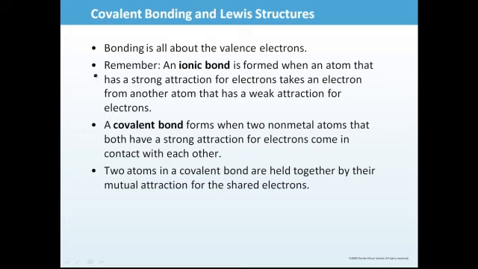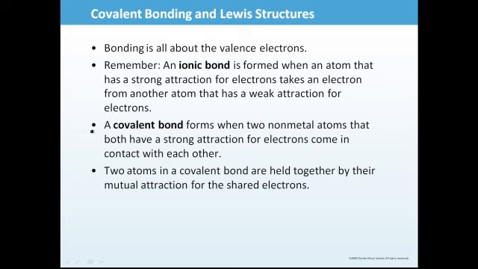In an ionic bond, the atom with the stronger attraction will take the electron from the one with the weaker attraction for it. So now what you end up with is a negatively charged particle and a positively charged particle, and of course opposites attract, so you have an electrostatic attraction between the oppositely charged ions, and that attraction between them is what we call an ionic bond. In covalent bonds,